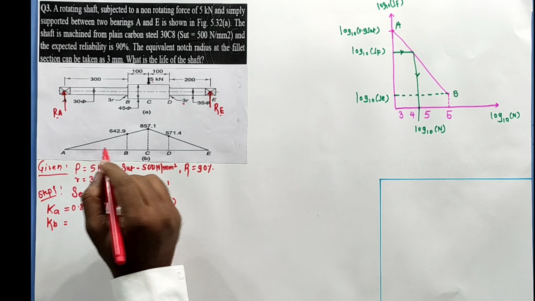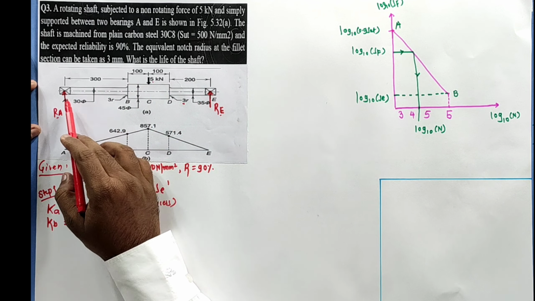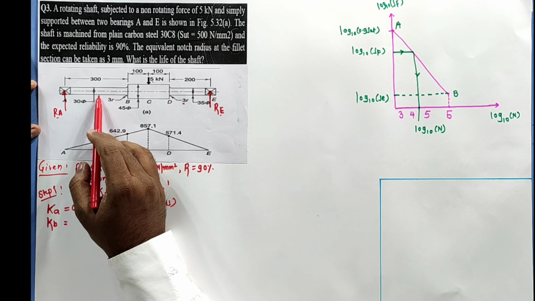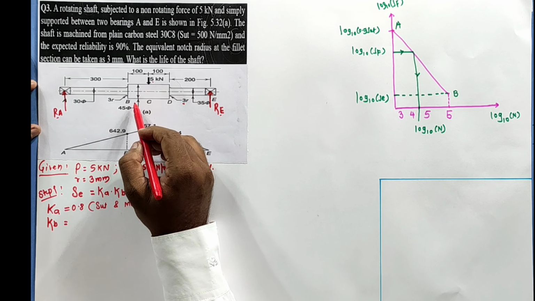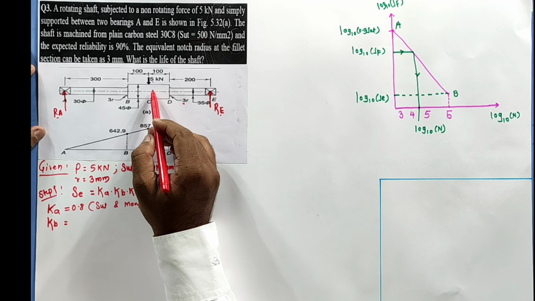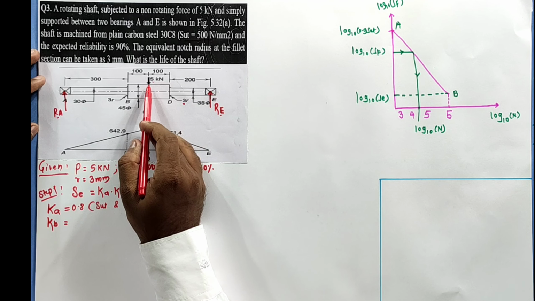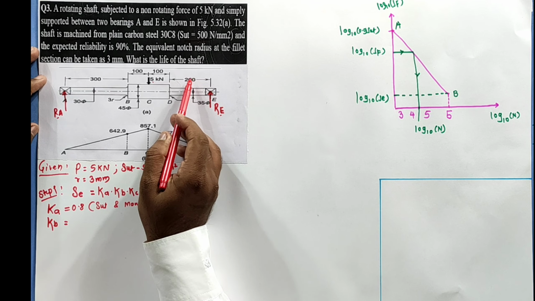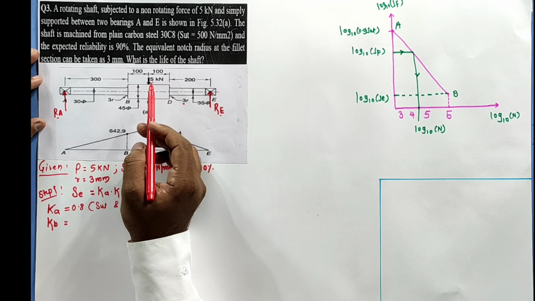Kb is nothing but the size factor. Any size they have mentioned, you can see here. They have mentioned the size. The shaft diameter is 30 mm, here 35 mm. Clear? And this enlarged part is 45. So we'll have to take whichever is going to bend. Correct? A load is applied, it means bending will be there. Here no symmetry is there. From the center it is 300 mm distance, here 400, 300 plus 100. So no symmetry, so there will be bending.